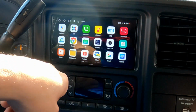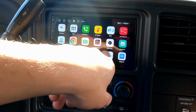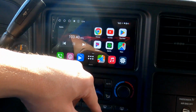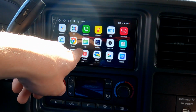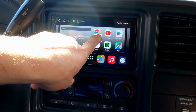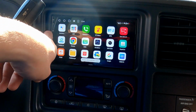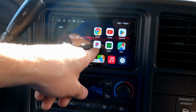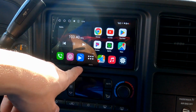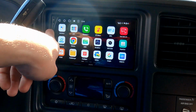So now if you go to, where is it? Equalizer, I think I have it set up in the front. So these are your quick access ones, and if you wanted to change it, all you would do is click on the app that you want, and then you could just drag it over there just like so. I already have the ones that I want. If you want to delete these, just hold these, and then you could just put it in the X button, and that gets rid of it. But going back to what I was talking about,